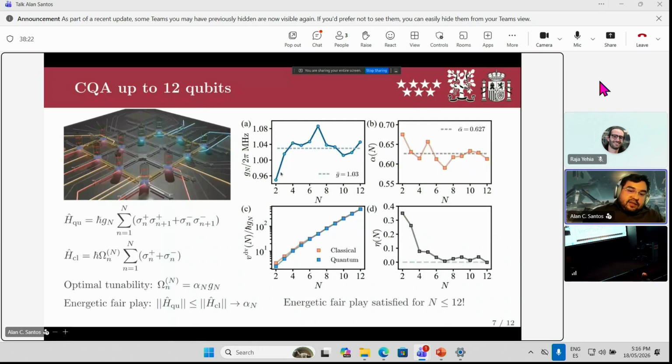for each size of the battery, we need to adjust both parameters. We need to compute the effective G coupling, and also we need to adjust the alpha parameter to make sure that we always spend more energy in the classical charging than in the quantum one. Or in the worst case, as we show here, for some points, these two spend exactly the same amount of energy, okay? And in these two cases, we still have some quantum advantage.